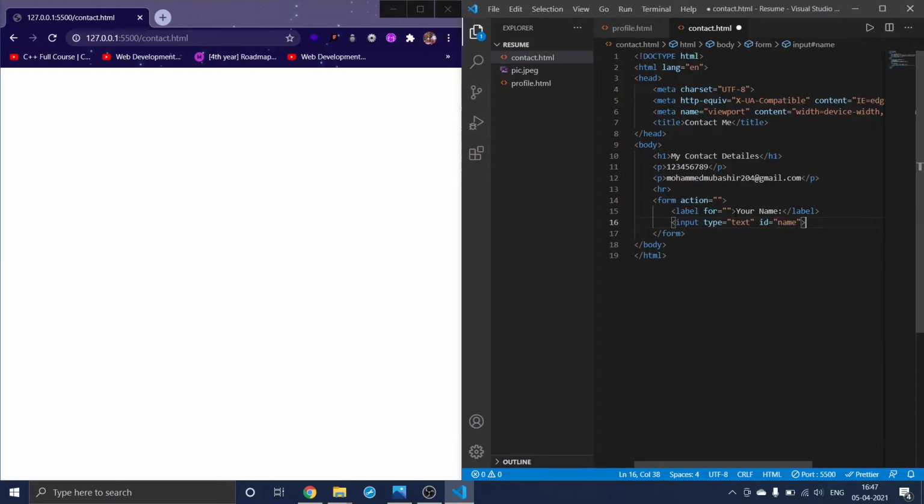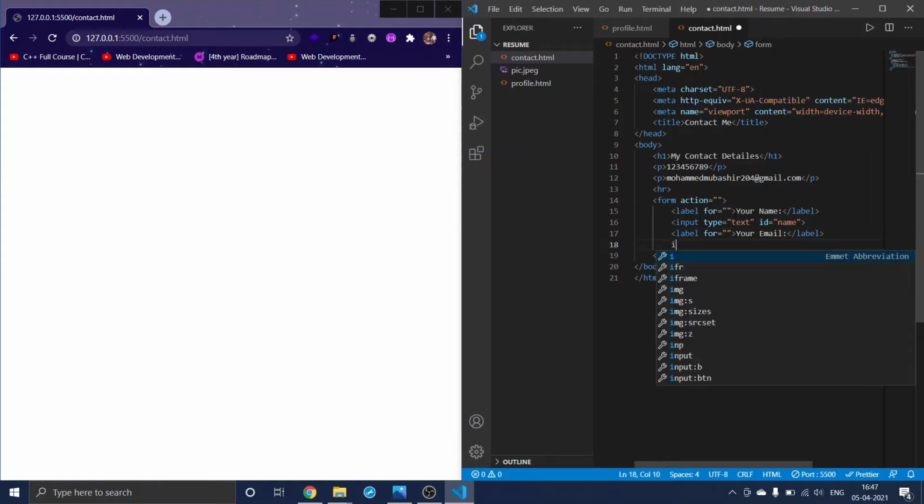And after the name we need an email address, right? So for that again I'll use a label, your email, and here I will use an input which is of type email, and name would be email. If you want, you can skip the name, and the id will be email.